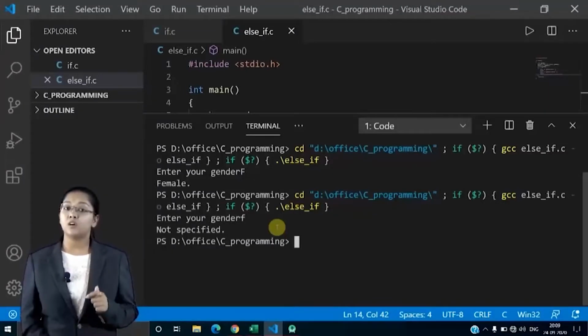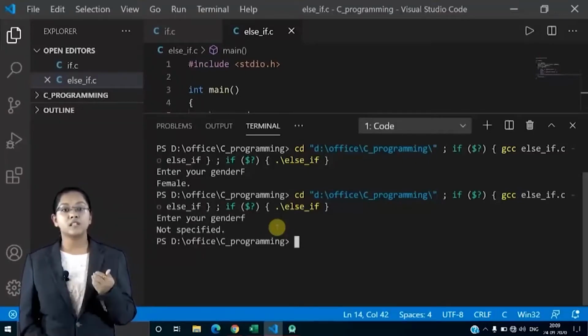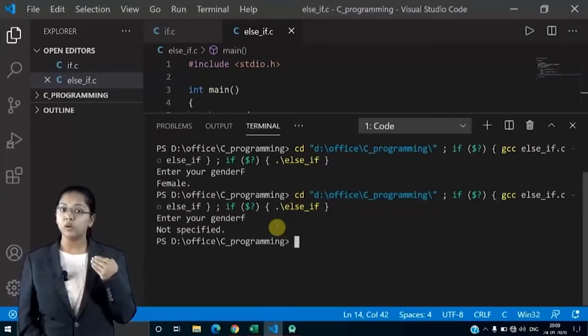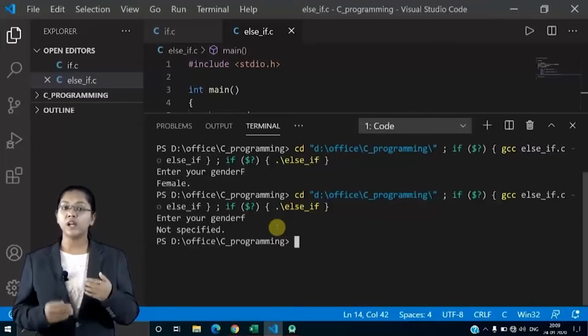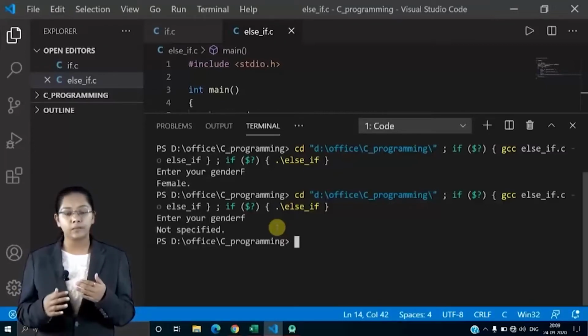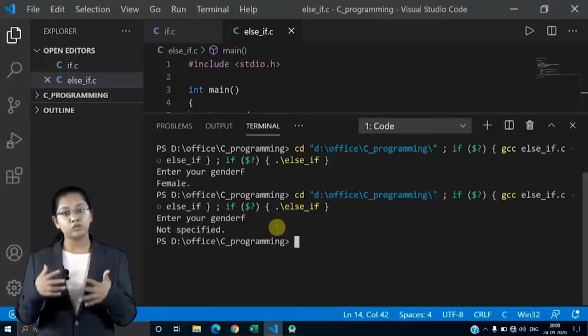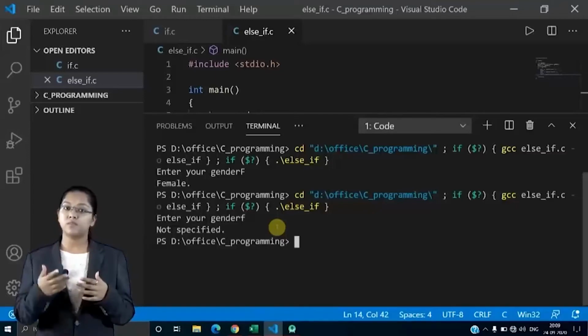It is giving me not specified. So it is also case sensitive here. If you are specifying a capital letter character, then it will only read capital. We know that capital F and small f are the same, but the compiler doesn't know it. So you have to specify whatever you want, even if it is capital or small.